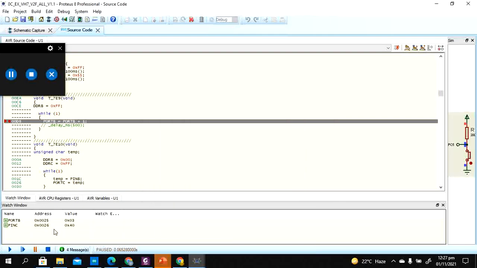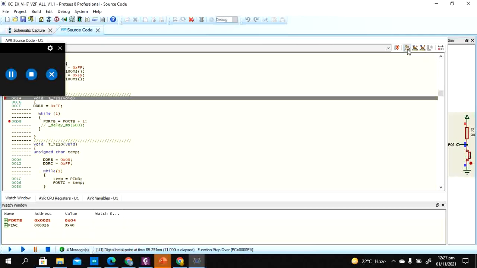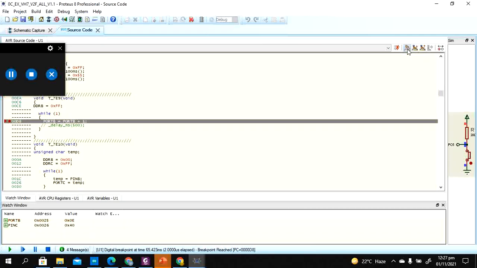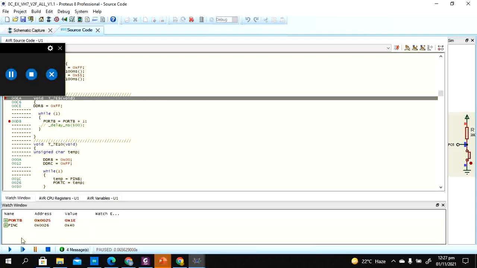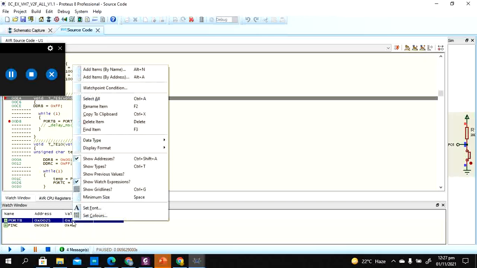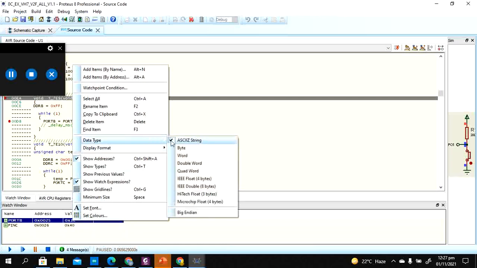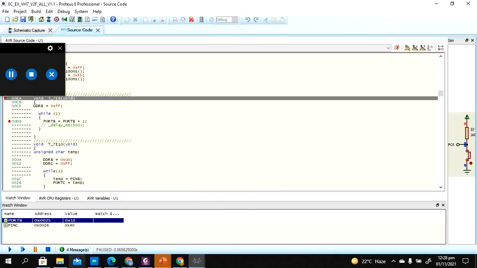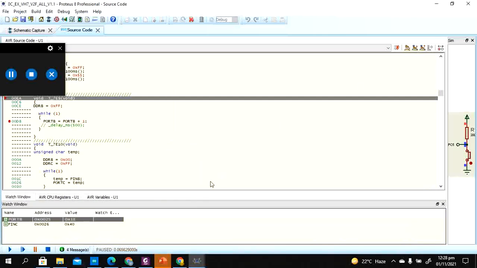This register is added. Now when I run this step by step, you can see the value is going to change. For this particular port B, the value is changing, and we can see the values one by one. This helps us debug our algorithm, and is a very efficient technique when you are running the simulations. This will go from 0 to 255 and then roll back. You're seeing this value as hex, and if you want to see any other data type, you can also see that particular data type here.